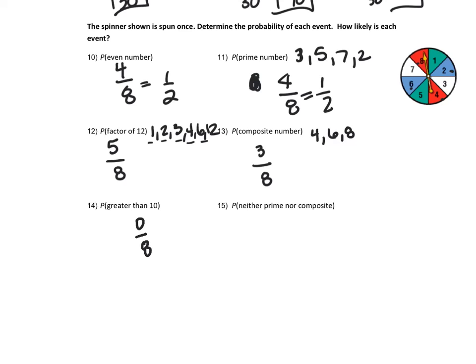Neither prime nor composite. So are we considering that one? I would think that's 1. So I'm going to go with 1 out of 8. Because I always learned that 1 was prime, and then we took it out of the equation for some reason. Okay, so